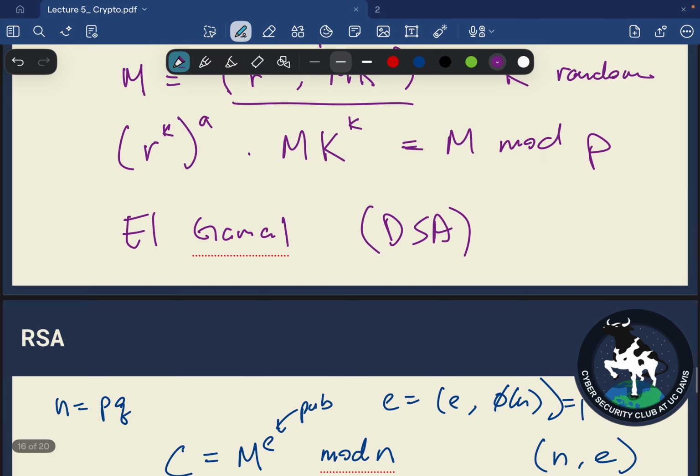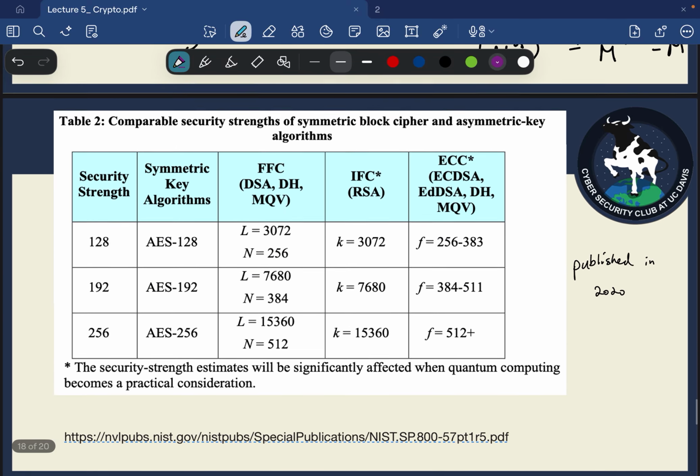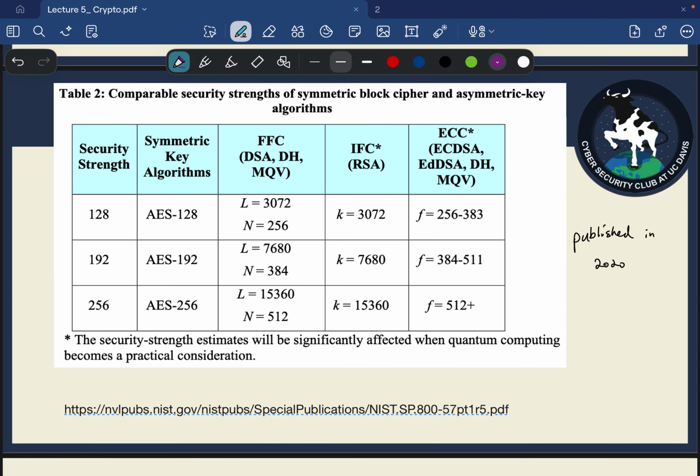All right, so now let's talk about how you break these things. This is from NIST. This was published in 2020, so actually 6 years ago, but relatively unchanged. It shows comparable security strengths of symmetric block ciphers and asymmetric key algorithms. For an AES 128-bit key, you need 128 bits of brute force power to actually brute force all of this. If you look at RSA or Diffie-Hellman, the equivalent of 128 bits is actually